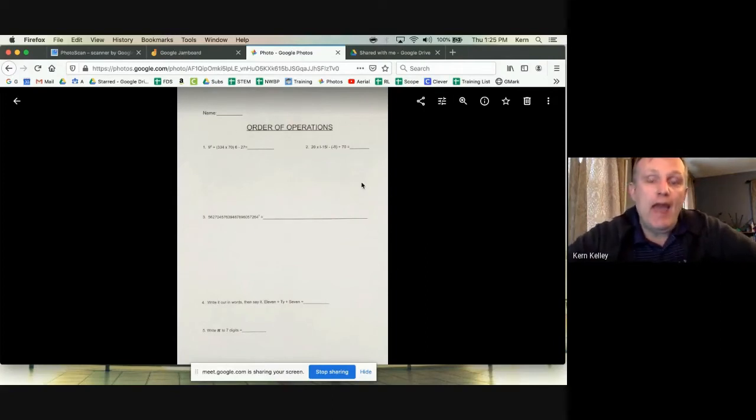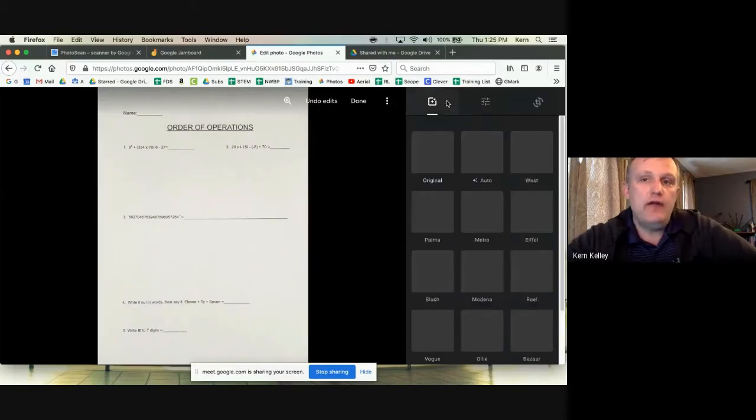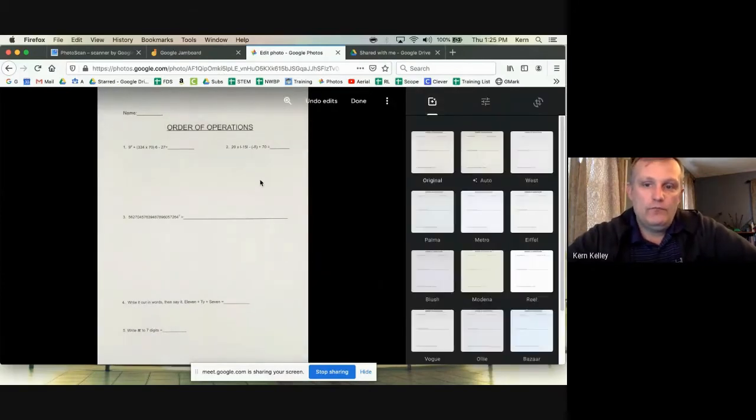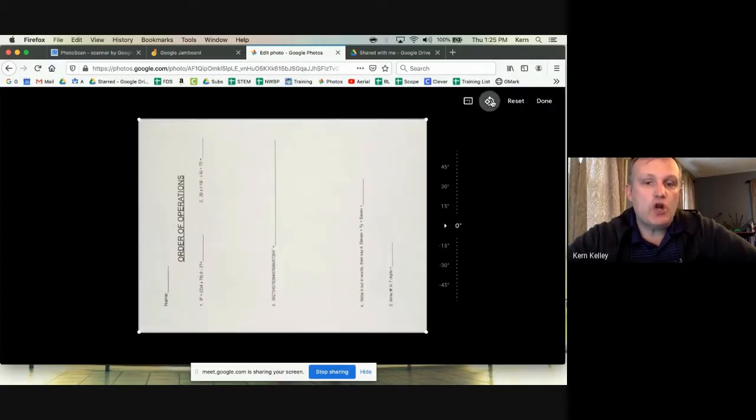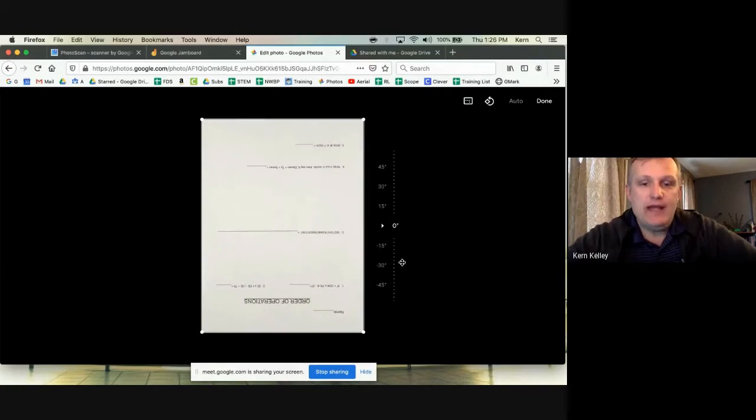If I want to edit it a little bit, I can click on this little crop tool up in the upper right. It looks like a little bunch of sliders there. Click on that. Okay, so the first thing I can do, if I click on the upper right here as well, this will turn them. When I first got this image, it was upside down like this. So I just came in here, clicked rotate. So here they are. That looks pretty good. And if I need to rotate a different way, I can do that.